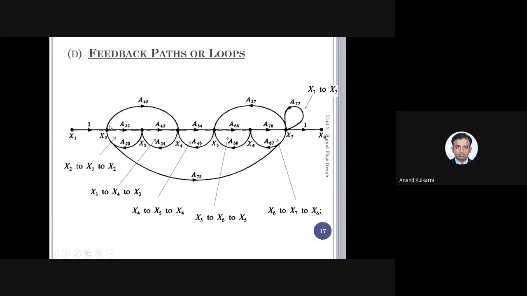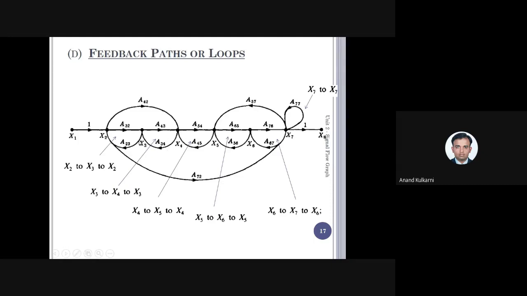Always, whenever you start, you start from the input node to the output node. If you start from here and then try to get the loops, I'll tell you how to go ahead. See here, I'll go from 1 to 2 and try to see between 2 and other nodes, are there any other loops? So just observe here. I went from node 2 to 3, again 3 to 2. So this is one loop. Now, then I'll go from node 3 to node 4.